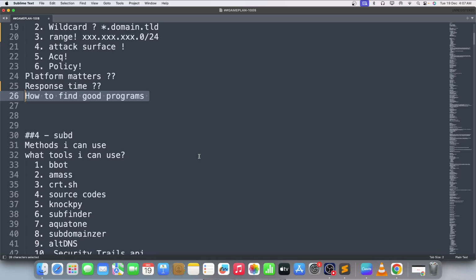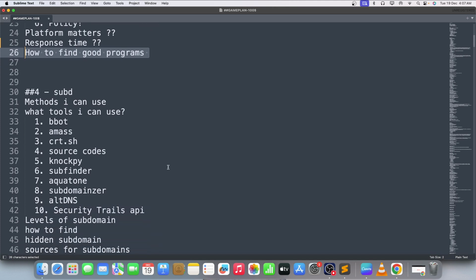Then subdomains. So there are multiple things. What method do I use? I preferably use Subfinder with all the API keys. That's my preferred method. After all, you can use